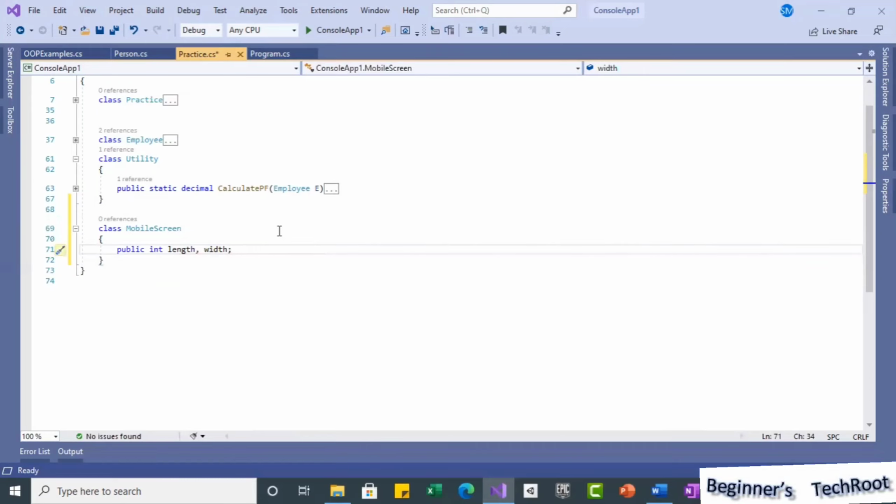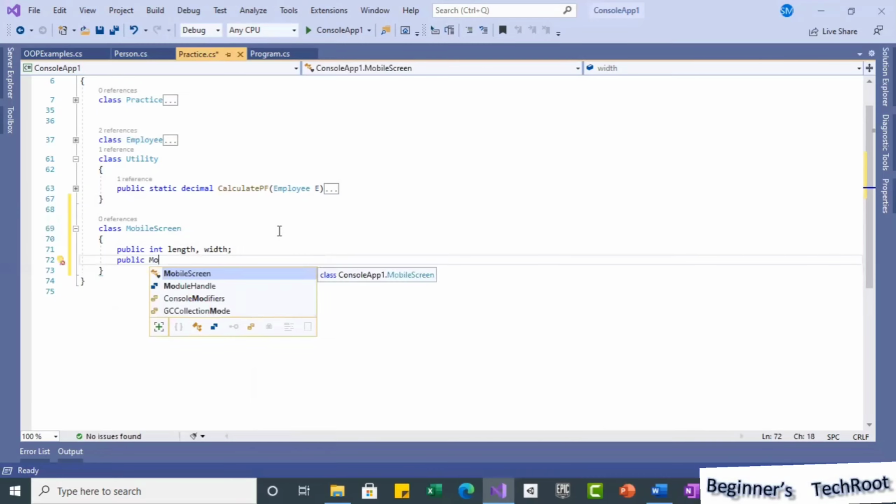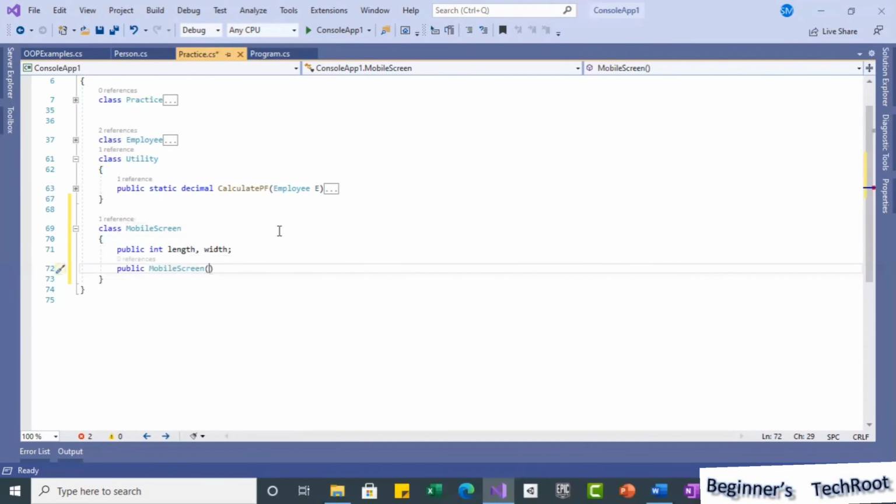And then I will define a constructor also. So public, we know that the constructor will have the same name as the class name. It is a special method which is called automatically when we instantiate the object.